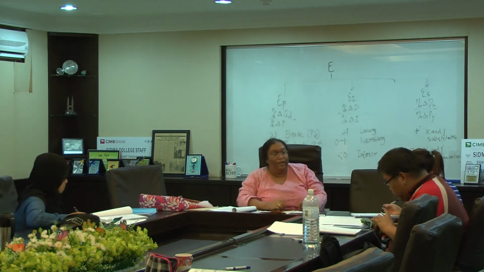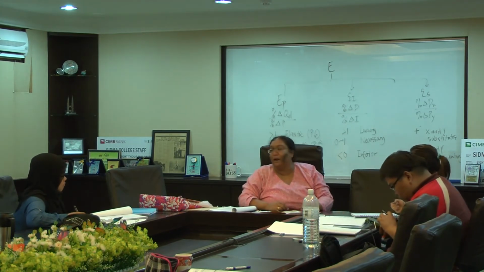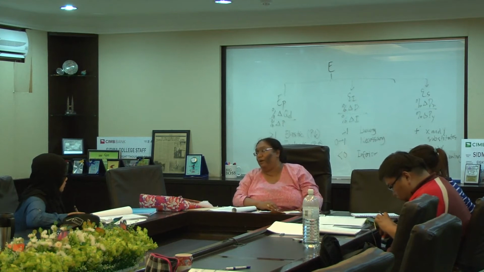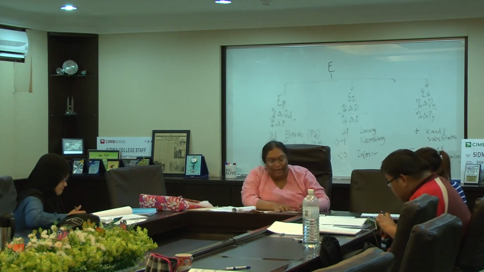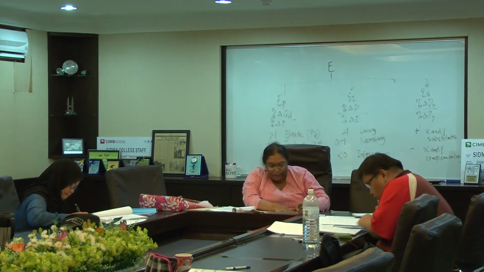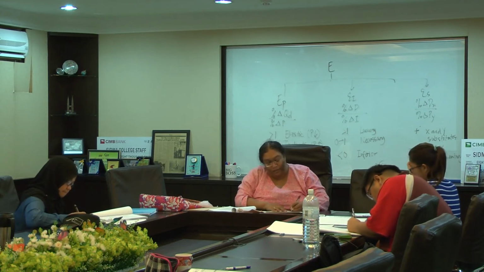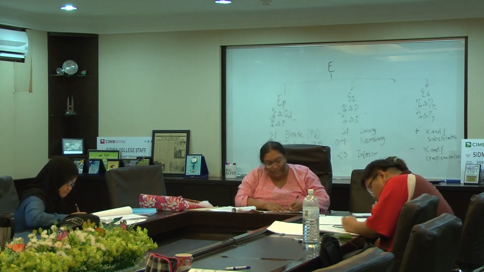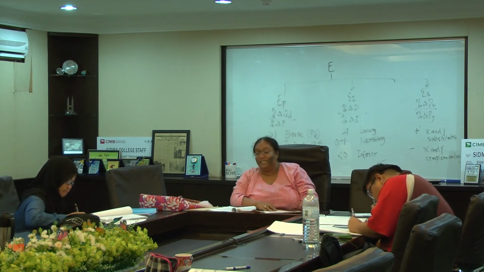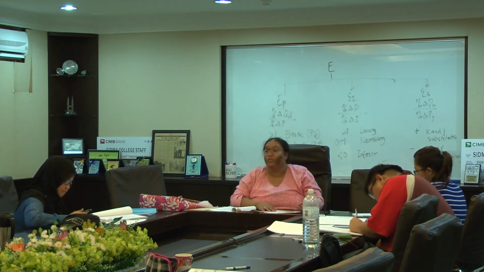I told you price elasticity will always have what sign? A negative sign. Do we bother to look at the negative sign? No, we just look at the number. Is the number more than 1 or less than 1? Less than 1. So you write there: price elasticity for fish is 0.6, which is less than 1.